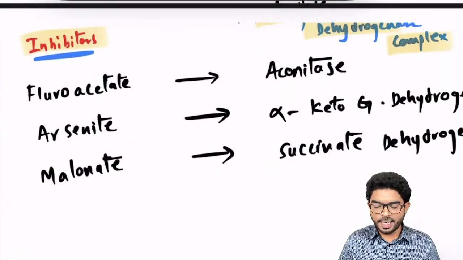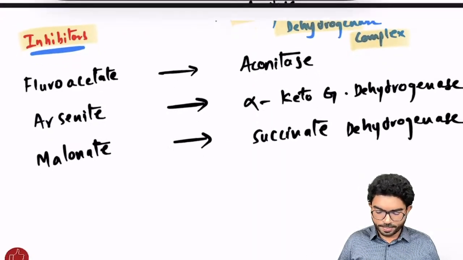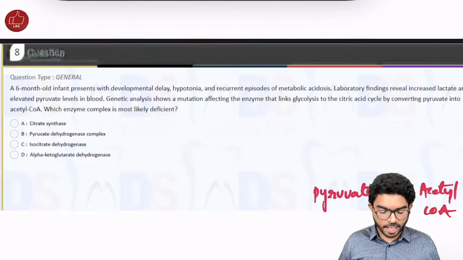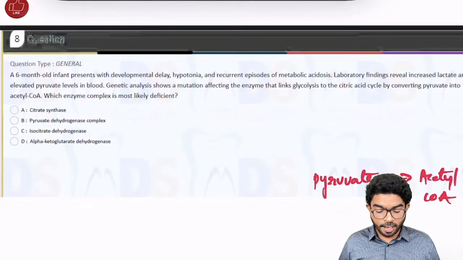All these are important, right? Inhibitors are important. Everything we have discussed, so I just kept it here. Okay, now I'm jumping into the next question. The next question is a 6-month-old baby infant presented with a developmental delay, hypotonia, recurrent